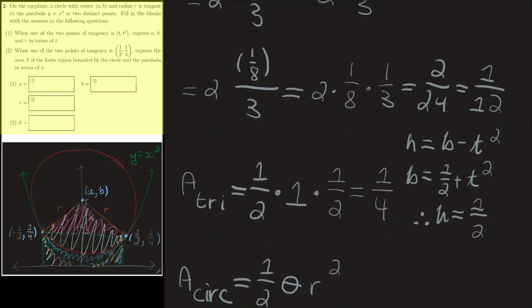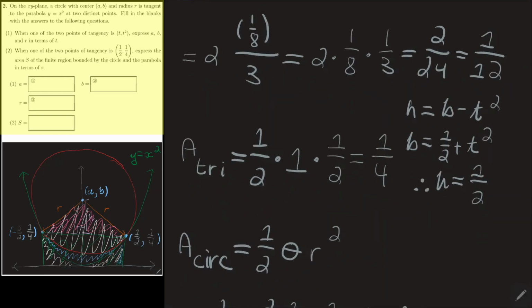So from that we know that the height of the triangle is just equal to 1/2. And so the area of the triangle is equal to 1/4. Now finally I have the area of the slice. I wrote circle here, or circ, but what I meant is just a slice of the circle that we care